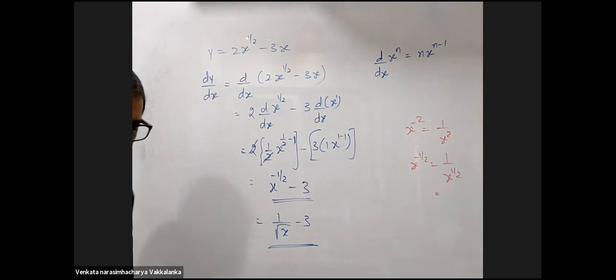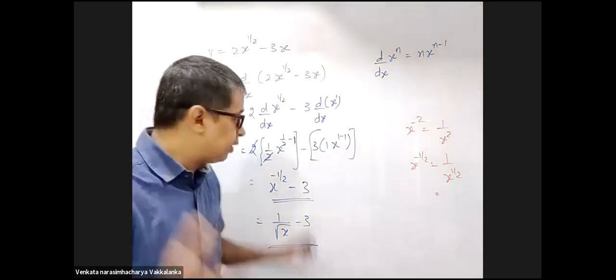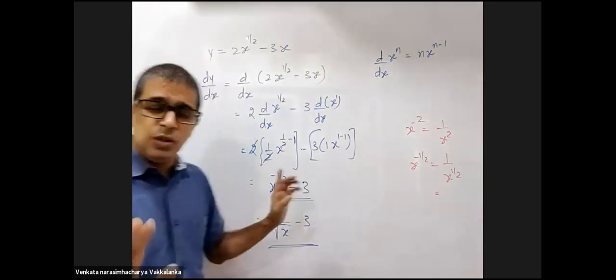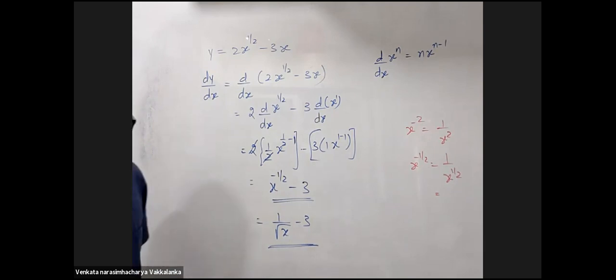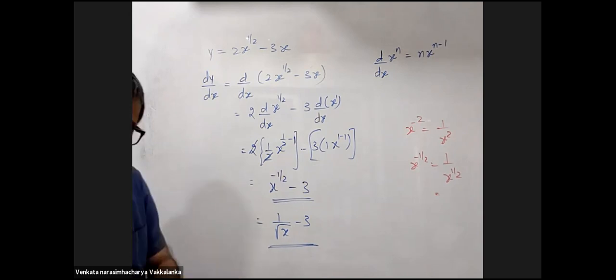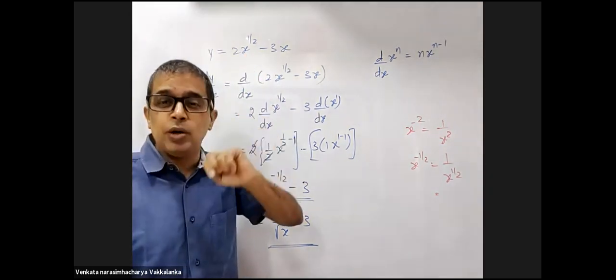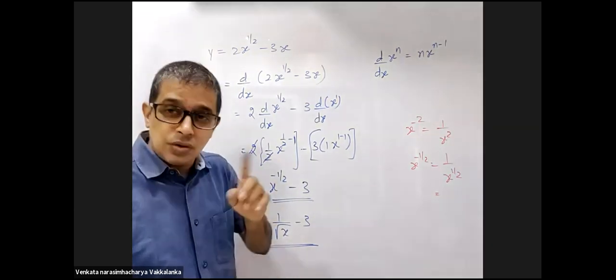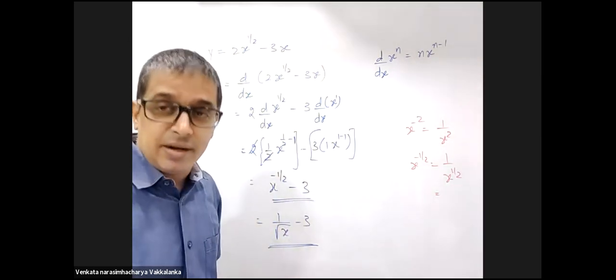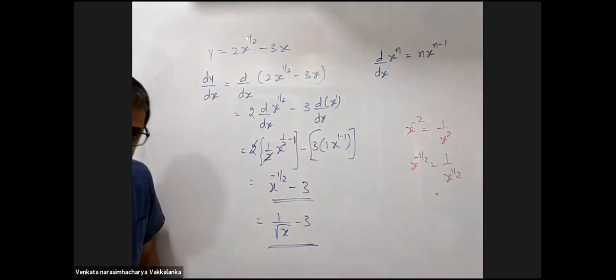Sir, in the third step, we can also write 2 d upon dx with respect to x raised to half plus d by dx. Wait, you understood how to do this? Yes, sir. Don't prolong it, we need to go ahead. Can you do the same thing using delta y by delta x? It will be the same, but x to the power half binomial expansion you don't know yet. So till then you will have to bank on the formula that we have given by deriving x plus delta x to the power n. You don't know the binomial expansion for it yet.